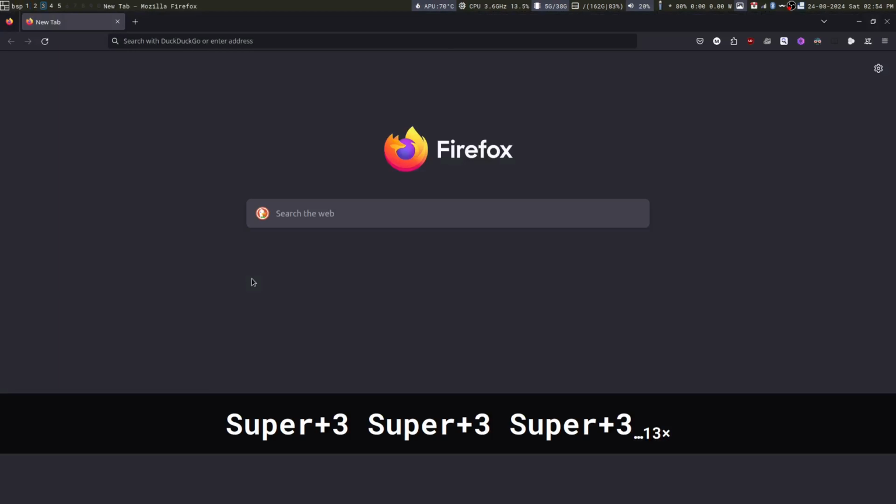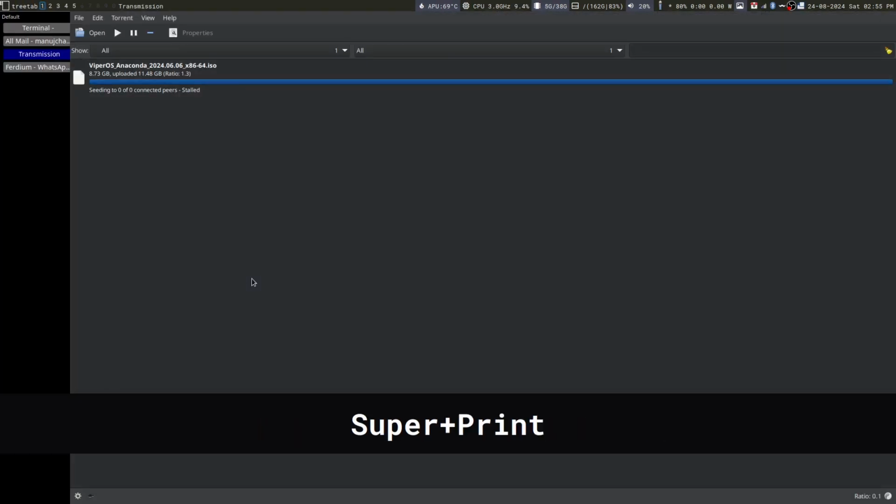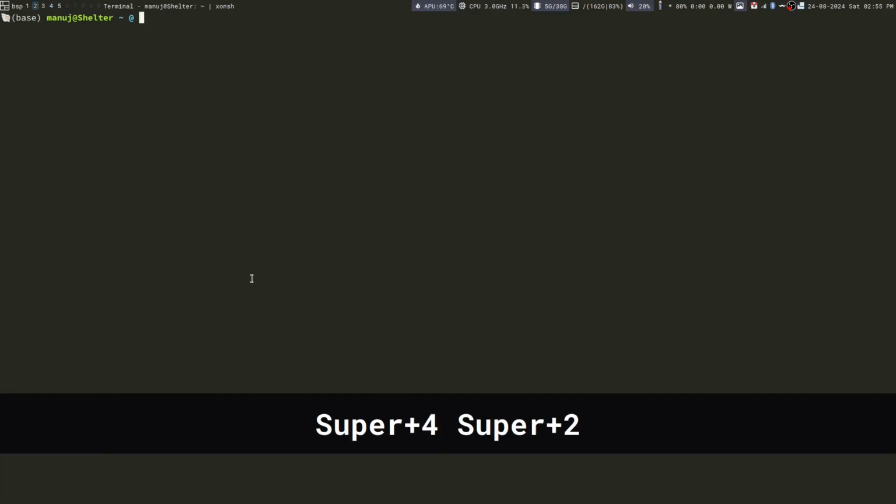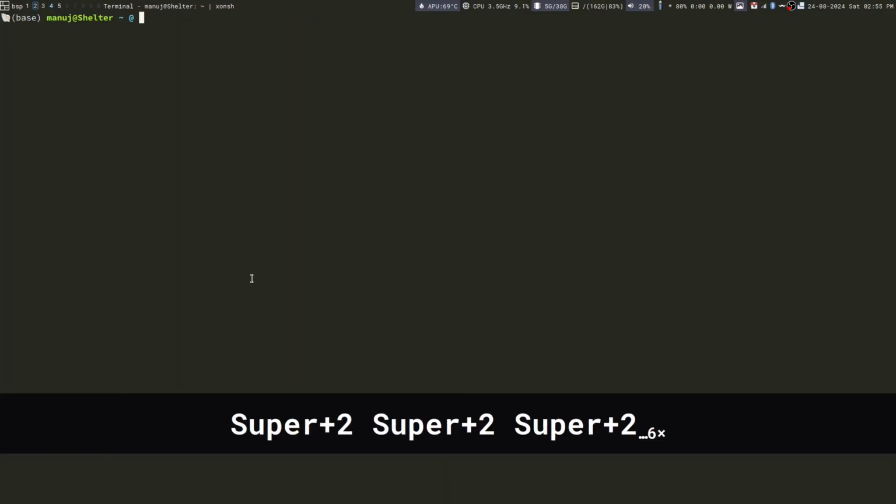This is a very handy technique. And this works for any two workspaces. Let's say, for example, I go to mod 4 to the fourth workspace and mod 2 to the second workspace. Then I can again press mod 2 and it will toggle between 4 and 2.